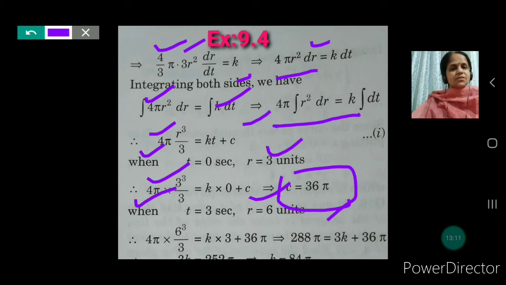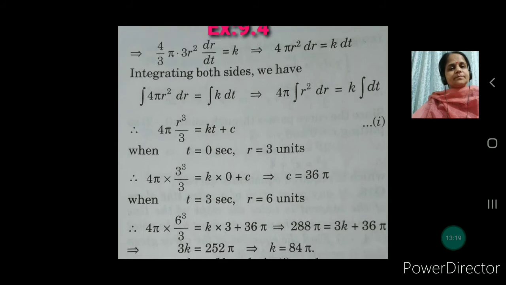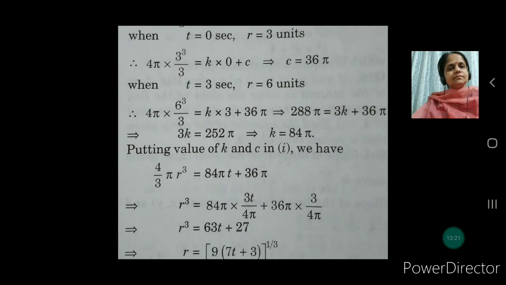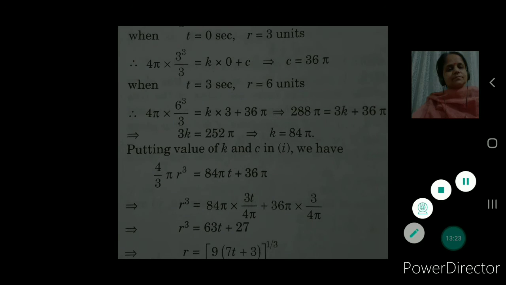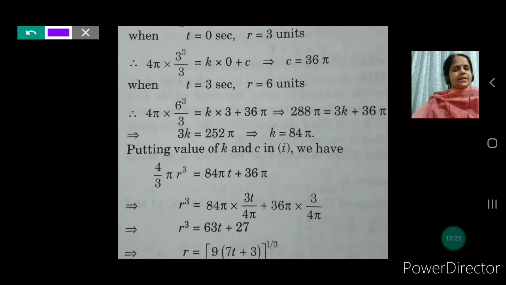And when t is equal to 3 seconds, r is equal to 6 units. Now again put the values, t is equal to 3 seconds, r is equal to 6 units, and then solve. You will get here 4 pi into 6 cube by 3 is equal to k into 3 plus 36 pi. Okay, write the value of c here. So you will get here k is equal to